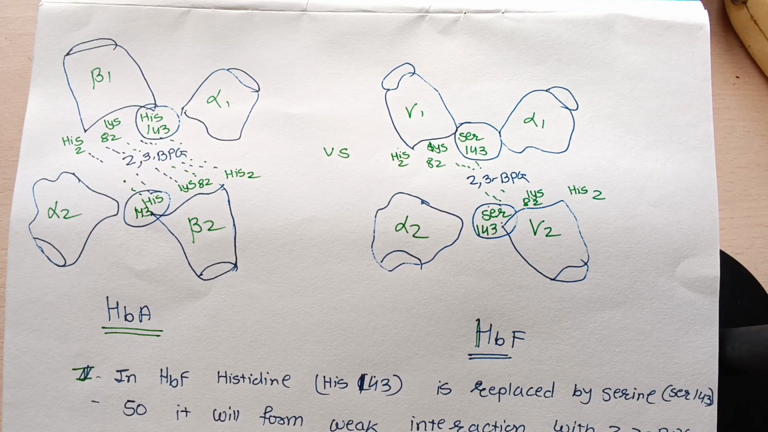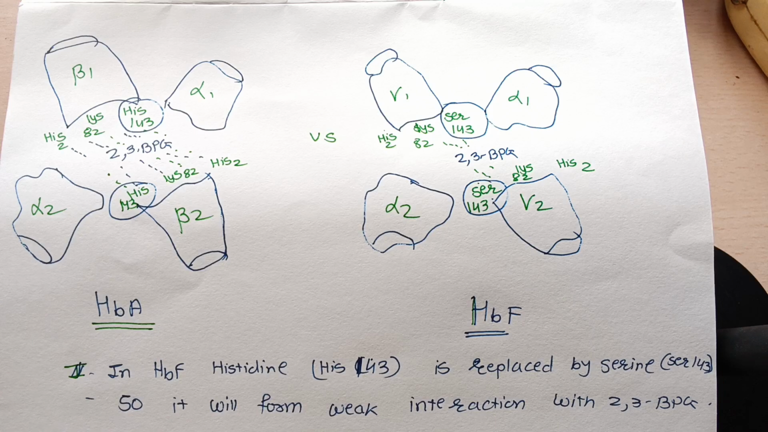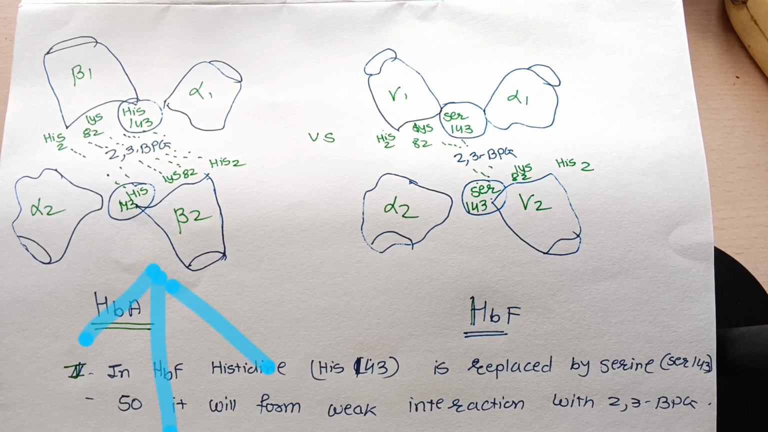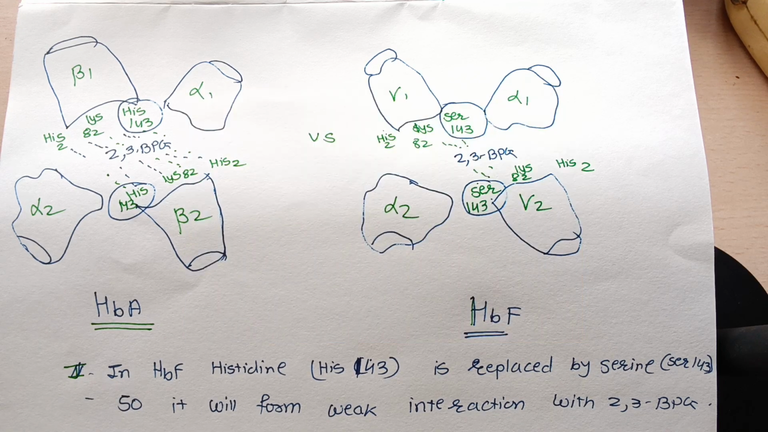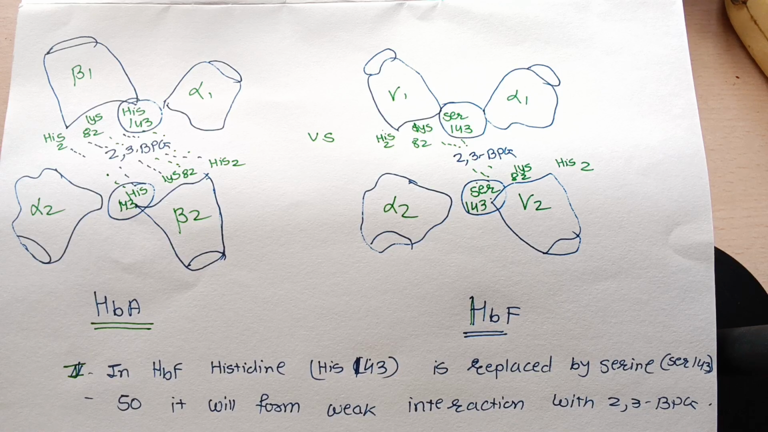The rest is the same. Both hemoglobins have alpha 1 and alpha 2, but in the adult hemoglobin beta 1 and beta 2 globin chains are present, and in the fetus hemoglobin gamma 1 and gamma 2 chains are present. The difference here is that in the first diagram you can see the positively charged central pocket is formed by histidine 2, lysine 82 and histidine 143. So there is an electrostatic attraction formed between the positively charged amino acids and the negatively charged 2,3-BPG, and because of the binding of the 2,3-BPG,